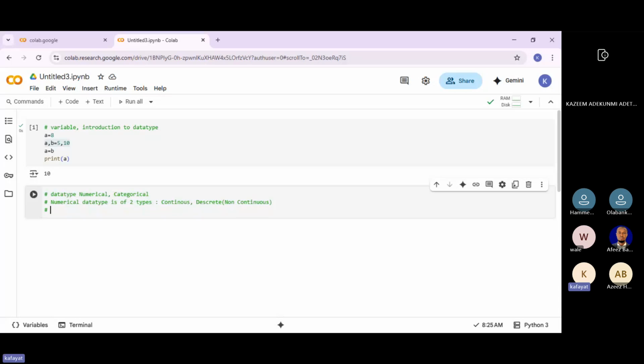Then the second one is categorical. Categorical values are of two types too. The first one is ordinal and nominal.